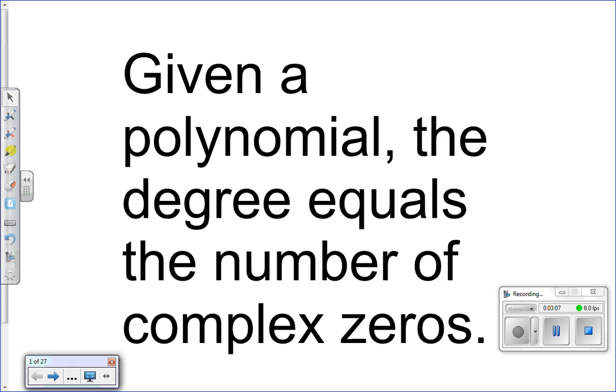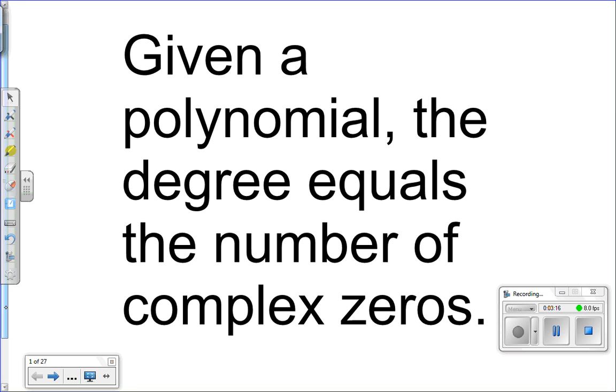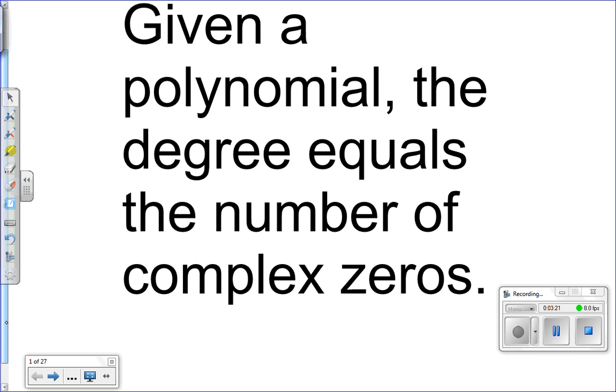This is a very layman's way to say this. It's a little more complicated, but given a polynomial, the degree equals the number of complex zeros. So if I had to make this even more simple, for a polynomial, the degree equals the number of